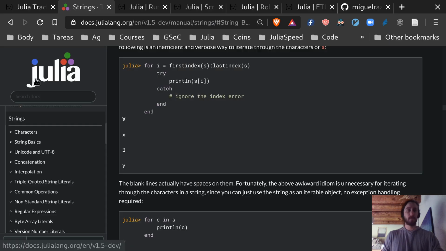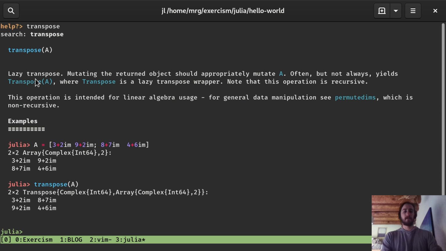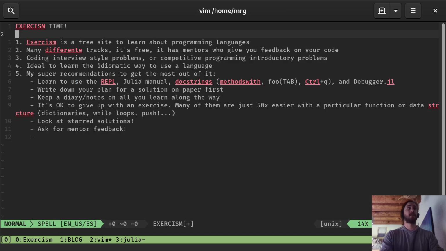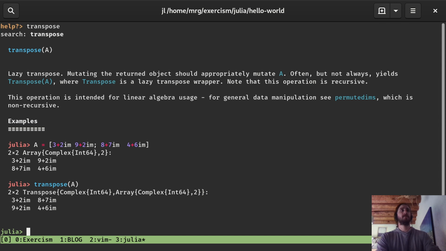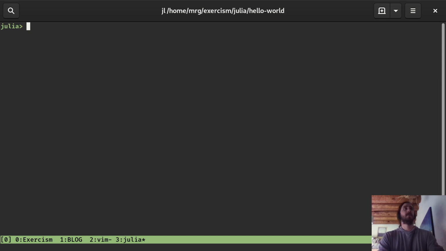One of the other cool things that would very much ease your experience when doing the Exercism track is that there are a couple of functions that really help out when you're investigating things to do. So for example, I had no idea how to use dictionaries when I started this Julia track. So if I do methods with, and then a type of dict, and then it will tell me, oh my god, no, whoops,